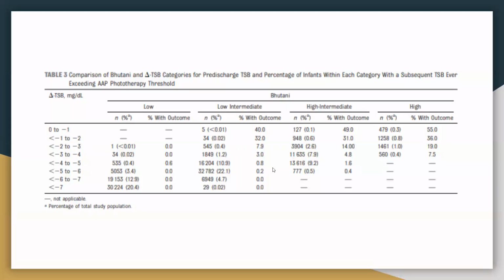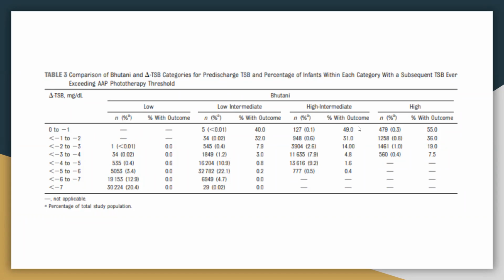And they notably say that the Butani model will contain patients who, based on the Delta TSB model, would be up to -5 or -6 from their phototherapy threshold, and place them in the high intermediate category,